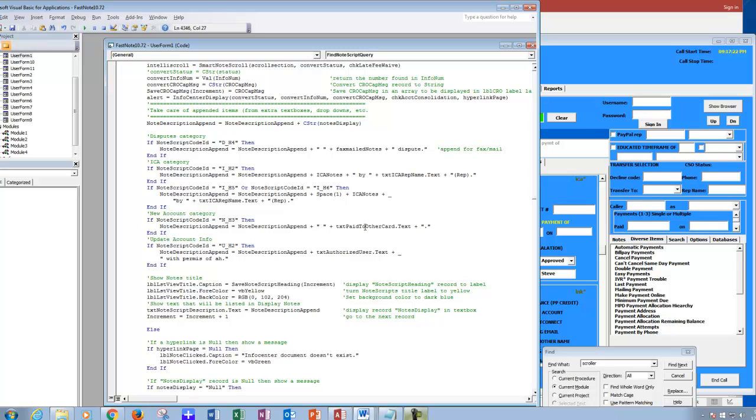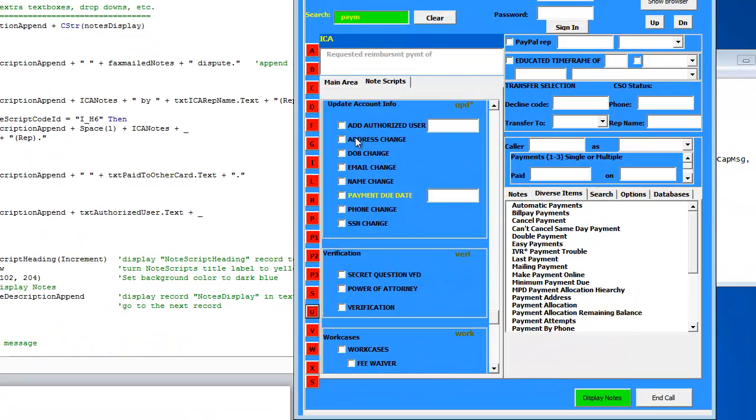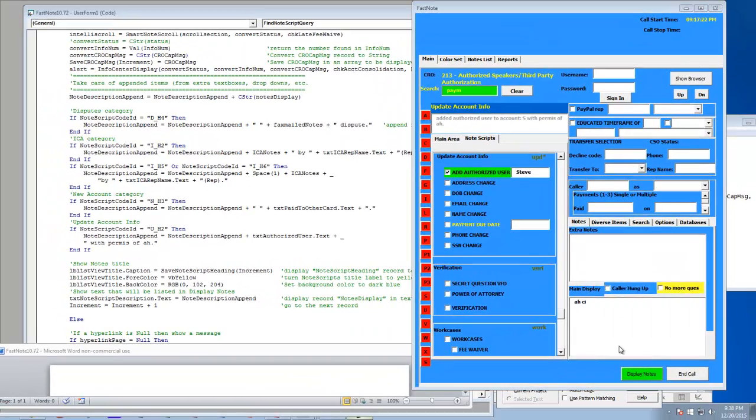I wonder if I can get any of these to work. This one is the new account, and this is the update. Let's go down to the update to save some time here. So update says just keep track of what's being typed into the box here. TXT authorized user. It's always supposed to keep track of what's in here. So if we put our name in there, it's supposed to keep a track of it here. It doesn't keep track of it here, but it does keep track of it over here. So if I go here, for example,